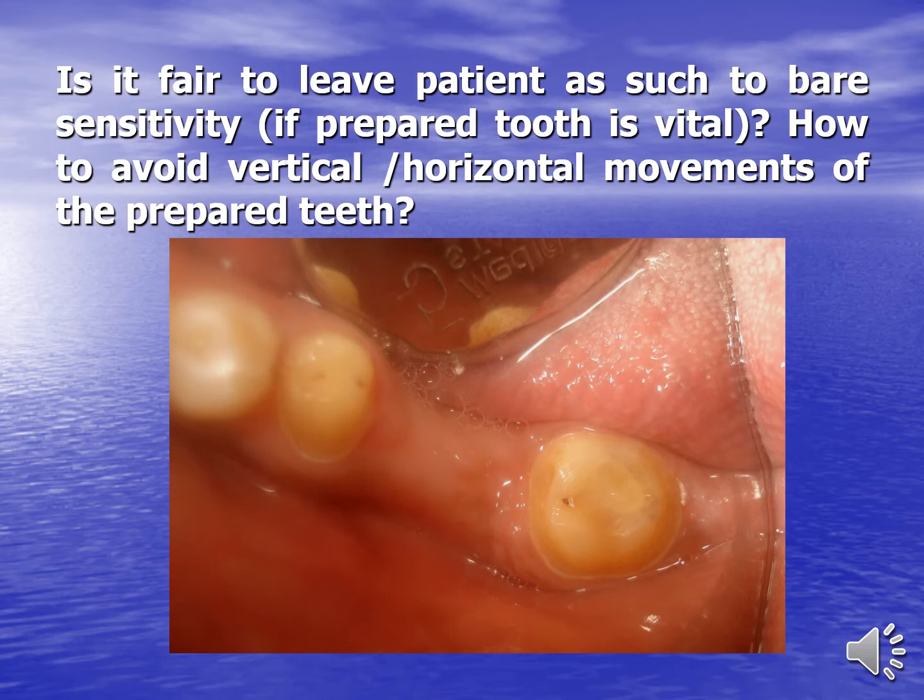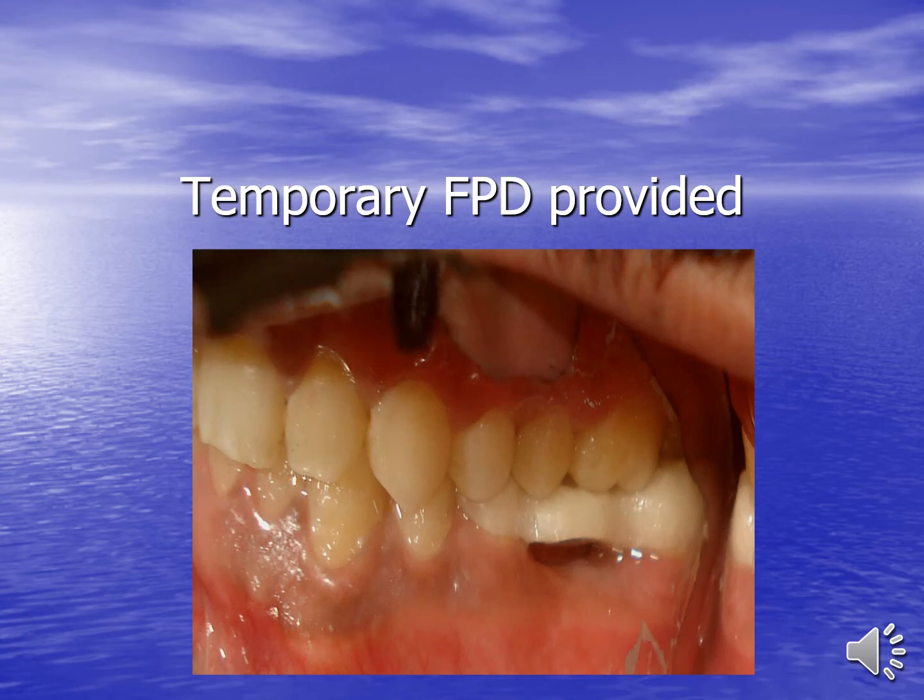Don't you think that the patient will be feeling sensitivity to hot and cold? Because both mesial and distal abutments are vital. Second to that, there is ample chance that these two teeth, which are being prepared by me, will show some horizontal as well as vertical movement. What to do next? Here in this case, we need a temporary fixed partial denture to be fabricated and cemented immediately at that particular time,